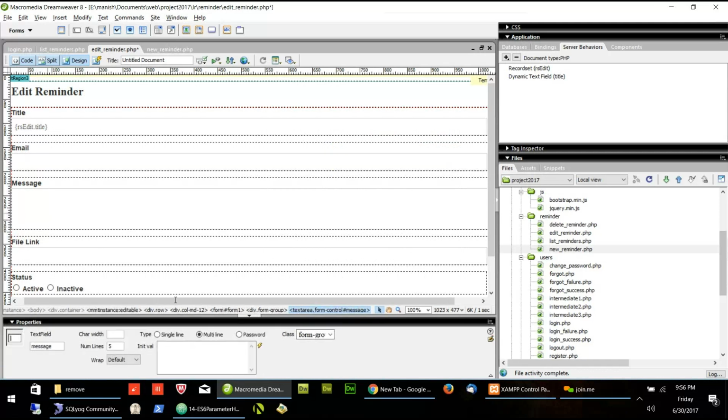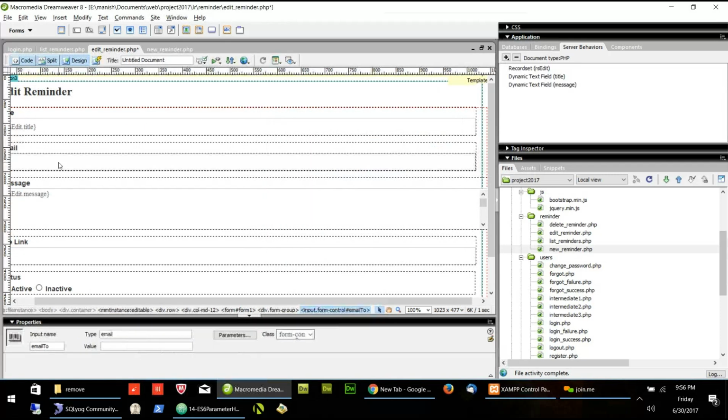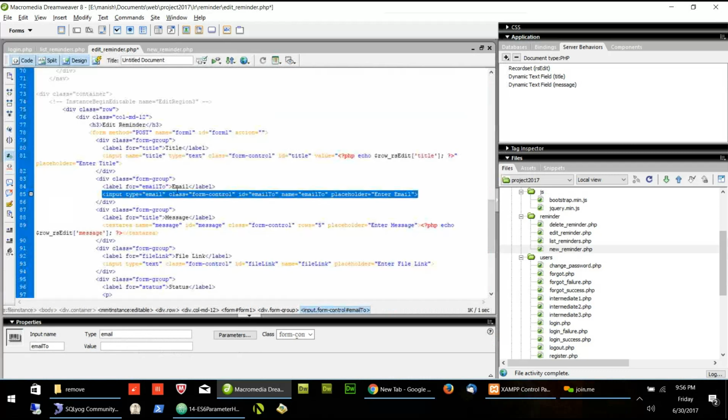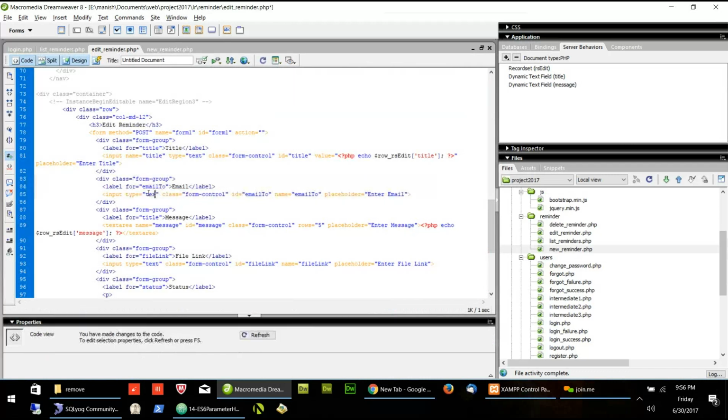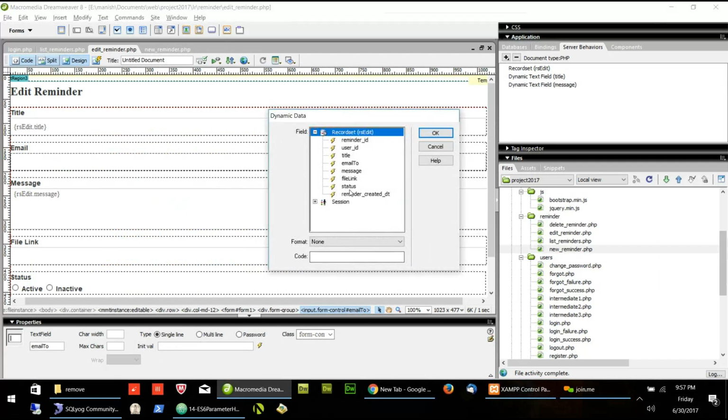I will click this message. I will click the dynamic icon and I will click the message. Let's click the email part. Let's change to text one, otherwise Dreamweaver is not understanding what is email part. I'll click this email part and I'll say email to.